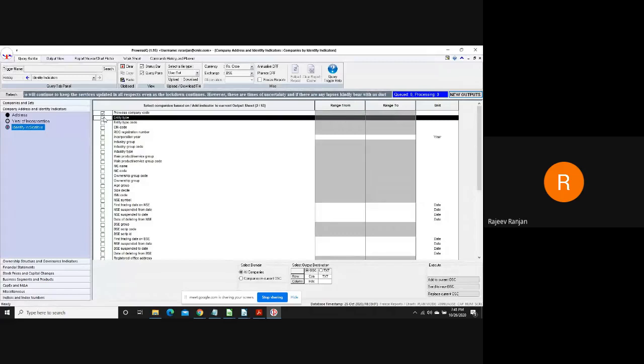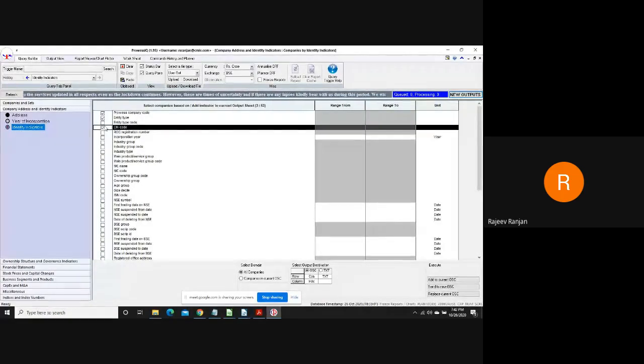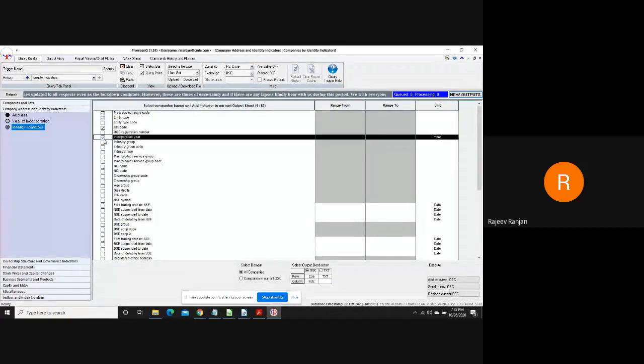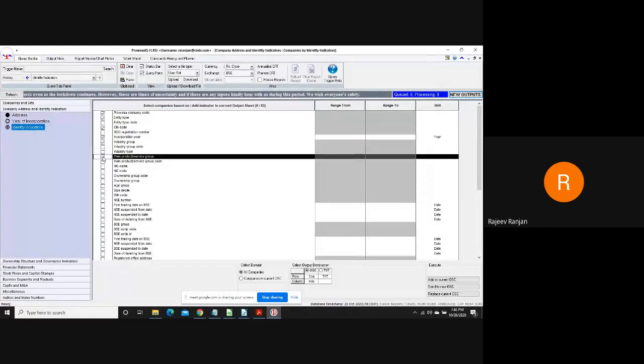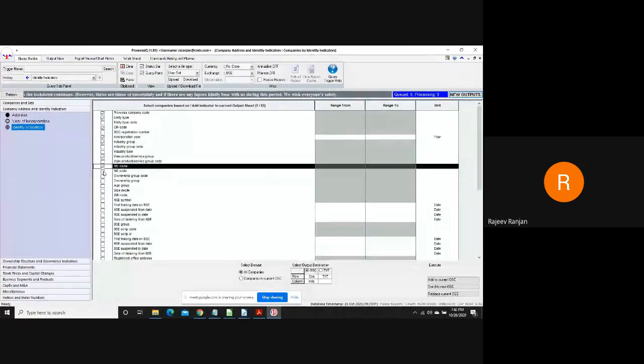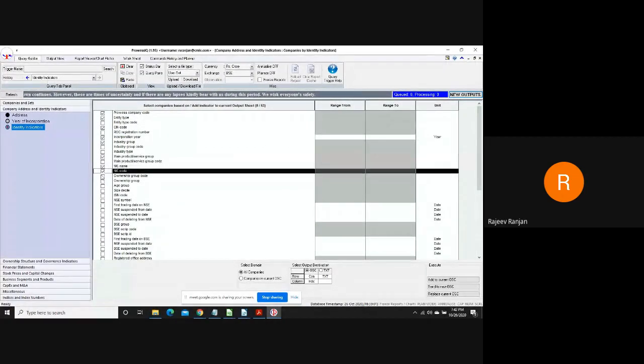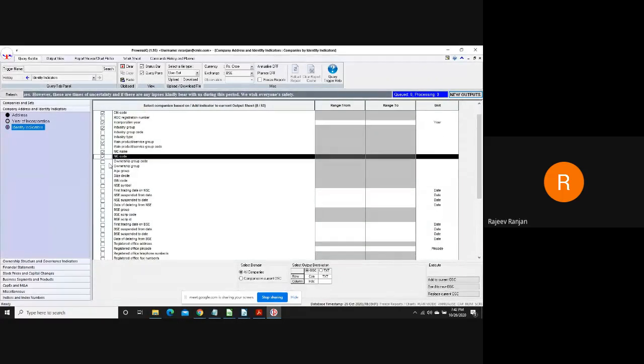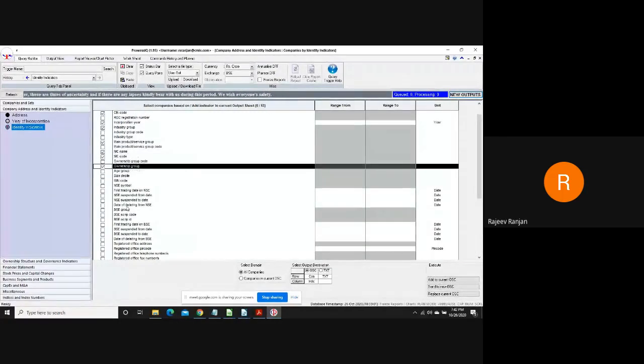Entity type, whether the company is a public limited or a private limited company. There's a CIN code. These are some unique identities of the company which can always be referred to. The industry group it belongs to, what is the main product of the company, what is the NIC code and NIC name of the product they are into, what is the ownership group. So you can keep on selecting these, and especially those who are working on stock market data.